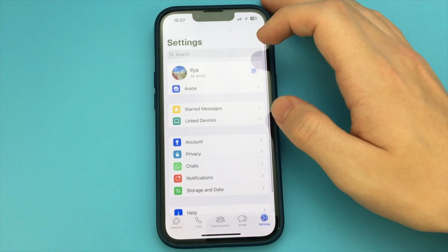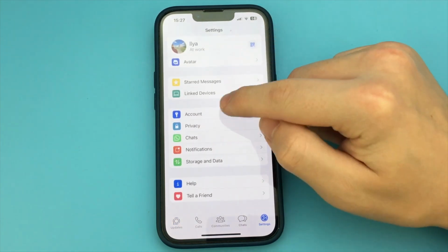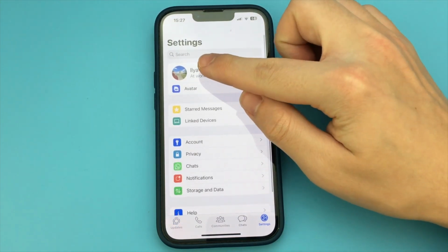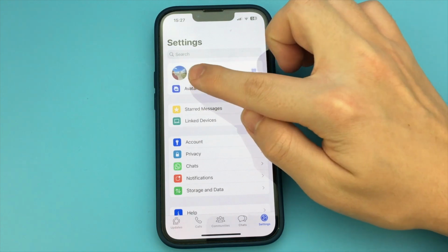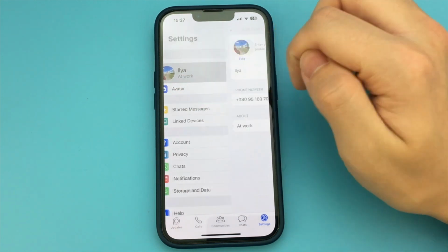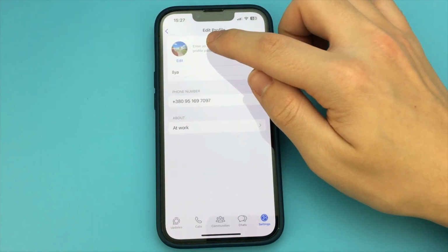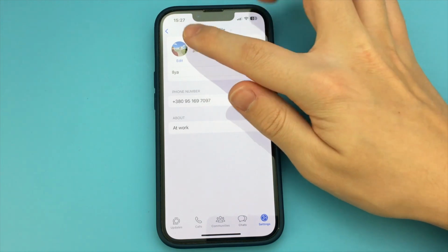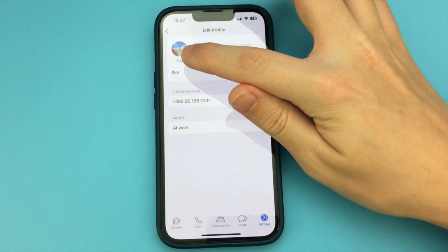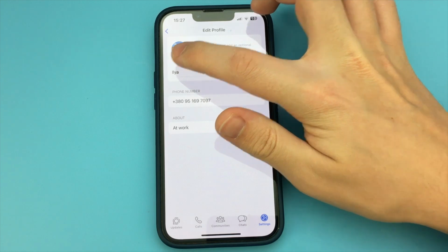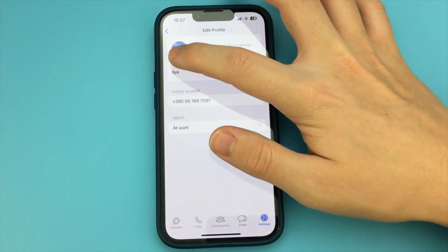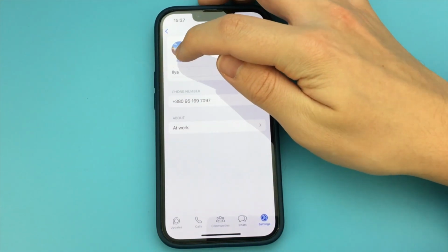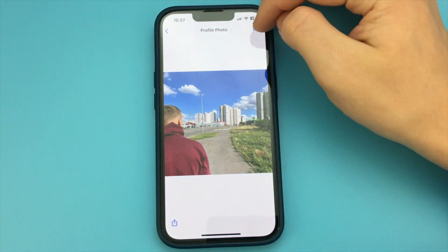To do this, you open the app in Settings. You click on the profile itself. A window opens up like this. You click on the photo, and you click Edit. And here you can select an existing photo, or you can create one with your camera. You do as you please. As you can see, it's very simple and quick. Done. There is nothing complicated.